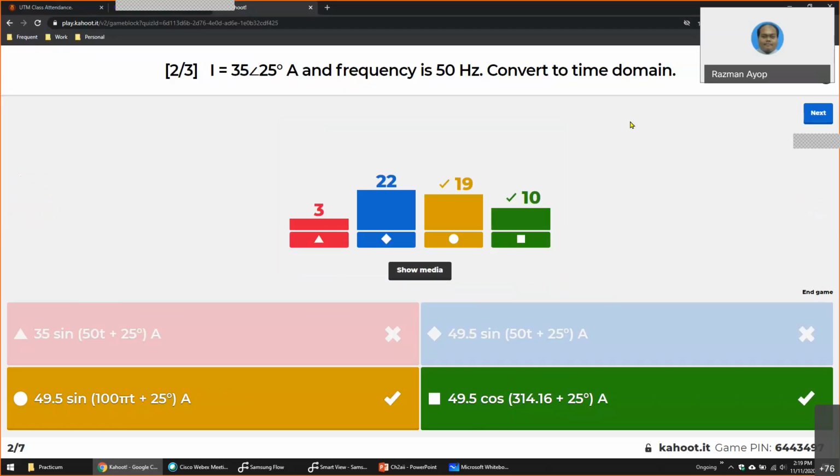So time's up. Most of you don't get the correct answer. If you use 50t, it means you didn't change to angular frequency. You have to use angular frequency. How to do this is,